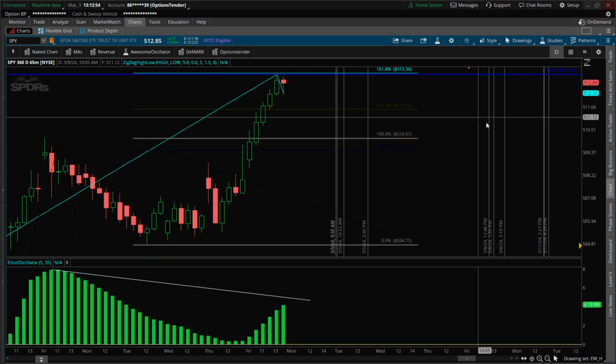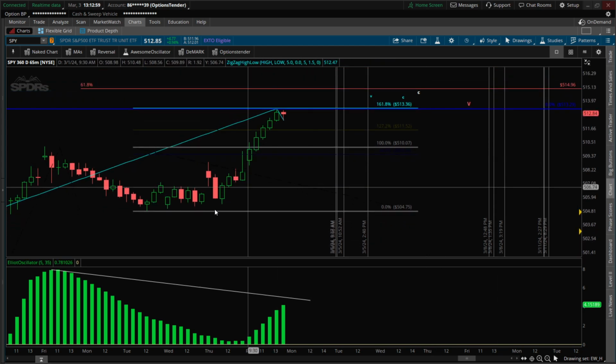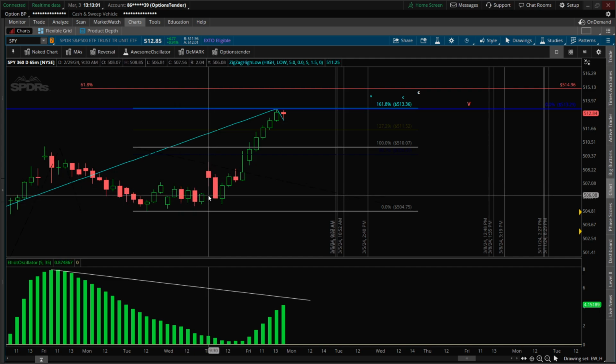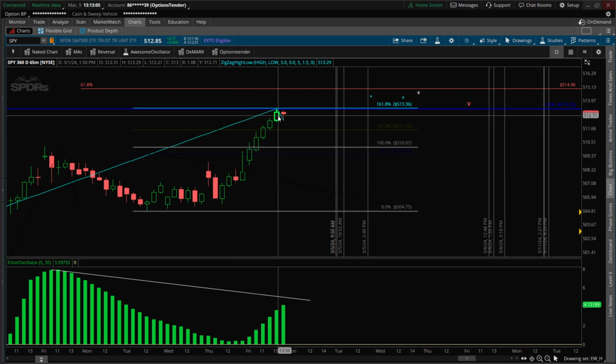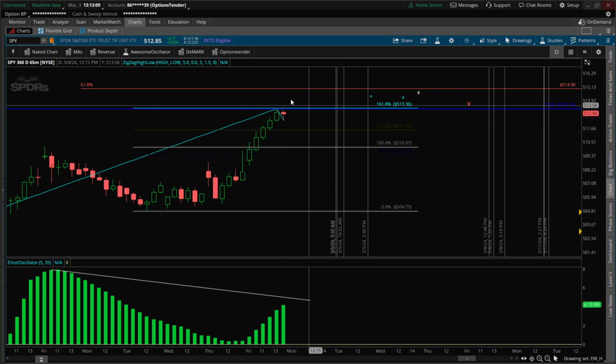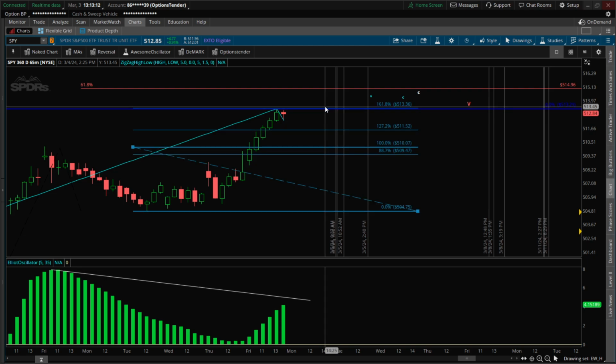Now, if we dig in even further, what are we looking at here? All right, so we have our last move. This is the move, our wave 1 into wave 2. We have just a straight up wave 3. And now we're looking for some sort of correction into wave 4 and 5. So we have this one here, the